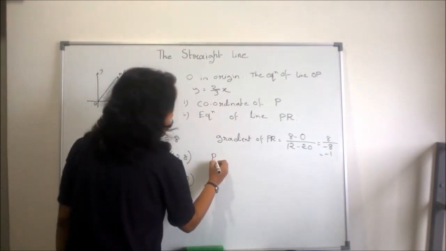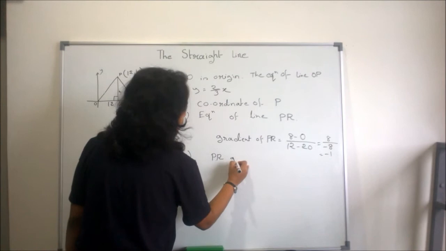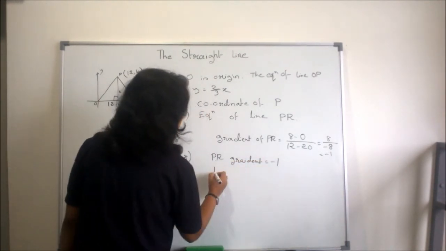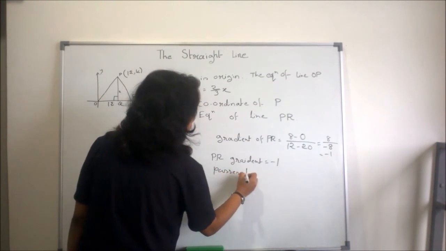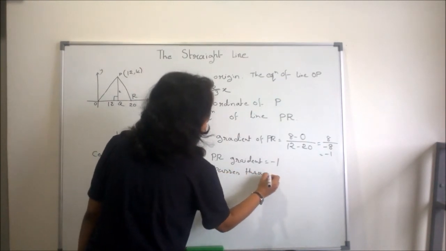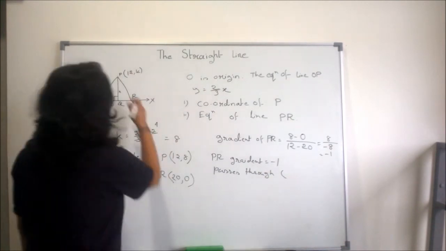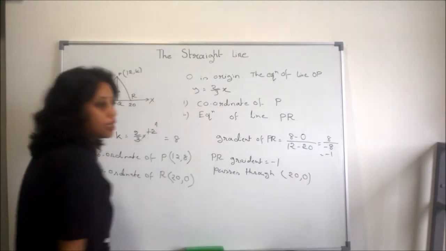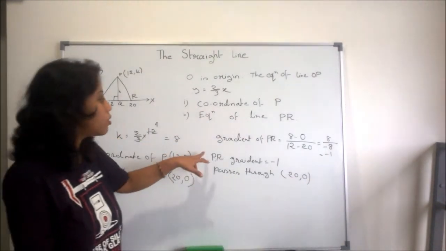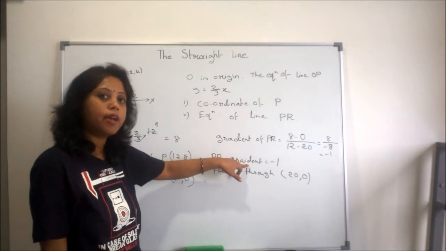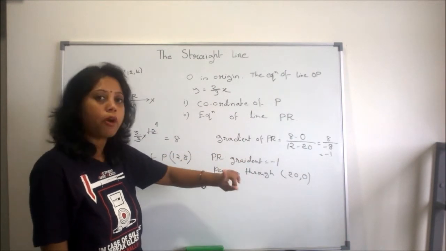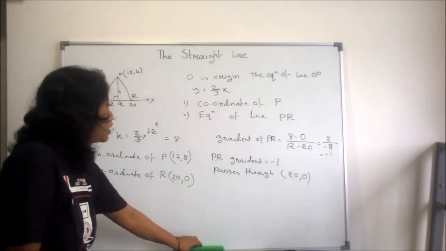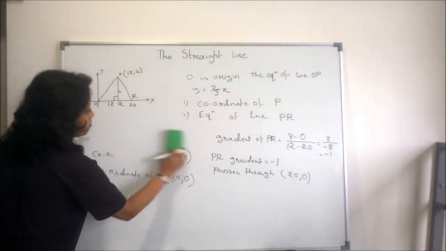The PR gradient is -1 and this passes through any one of these points. This passes through (20, 0). Okay. We know how to find the equation of a line whose gradient is given and which passes through a point. We know how to find out the equation of that line. Okay. So here